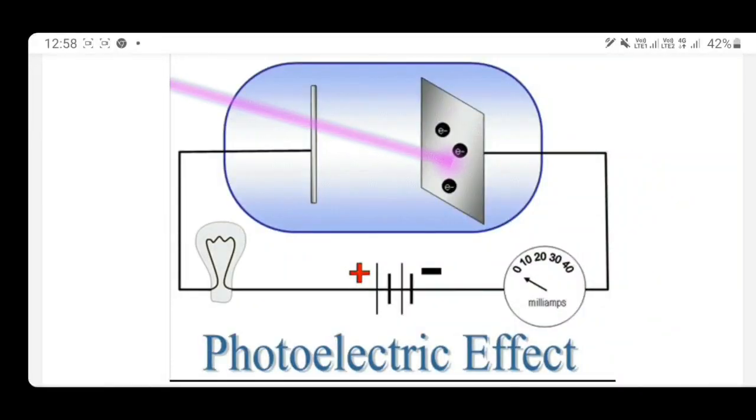This is a live demonstration of the photoelectric effect. In this experiment, as shown, there is a metal piece and a receiver which is placed right in front of that metal plate. What happens then? When a beam of suitable frequency strikes this metal piece, these electrons get ejected and the receiver detects these electrons. These electrons flow through the conducting wire. As the bulb starts glowing, it proves that there is movement of some electrons. Now I am going to give details of the photoelectric effect, which are as follows.